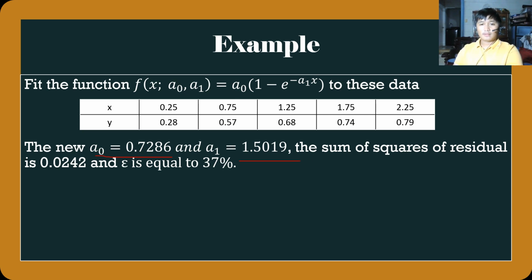So this corresponding value of the sum of squares, again that equation of the summation from i to n of y sub i minus a sub 0 and so on, this one here, and then square all those. If we sum all of those values, we will arrive at this value of the sum of squares of residuals.